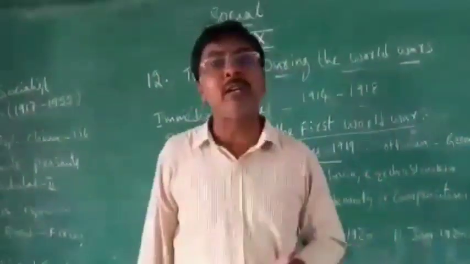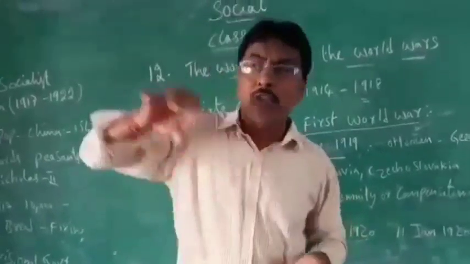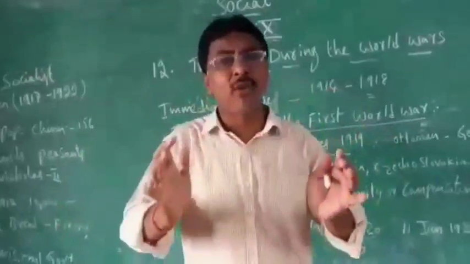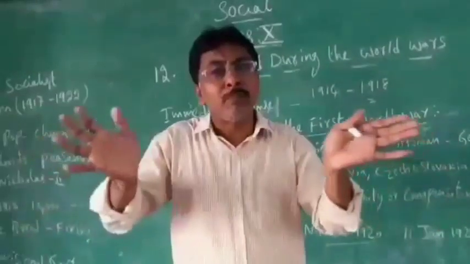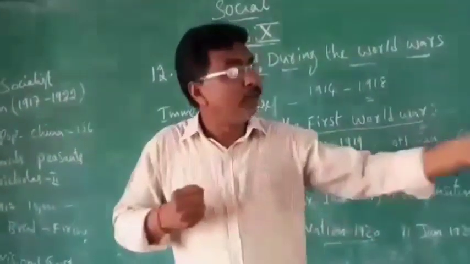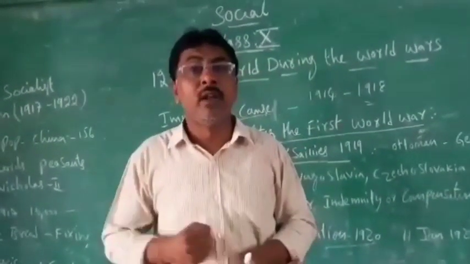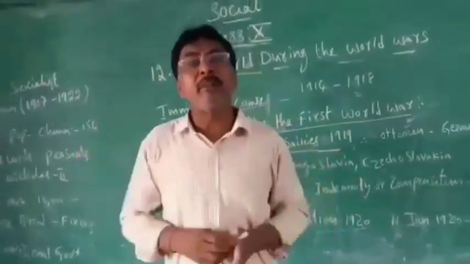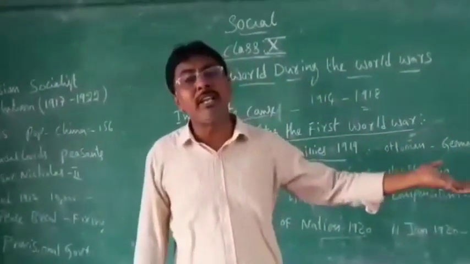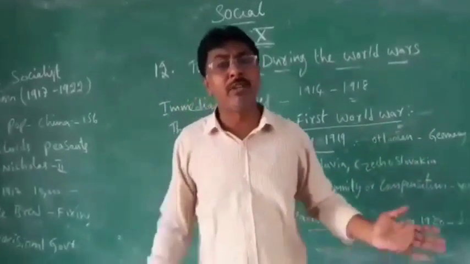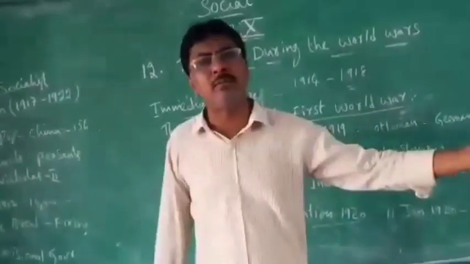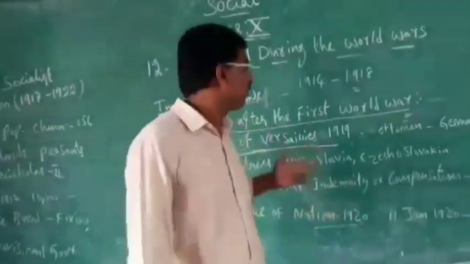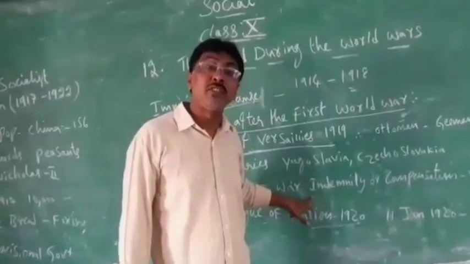Harsh treatment was given to Germany. All the 11 countries became one. Treaty of Versailles means one pact, one open door, meaning the European countries became one and they gave punishment to Germany. That is the reason. Harsh treatment was given to Germany, meaning a dangerous decision was given to them: penalty, compensation, and territories they took. That's why we call it harsh treatment given to Germany.